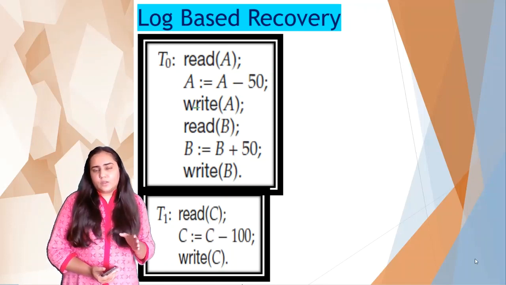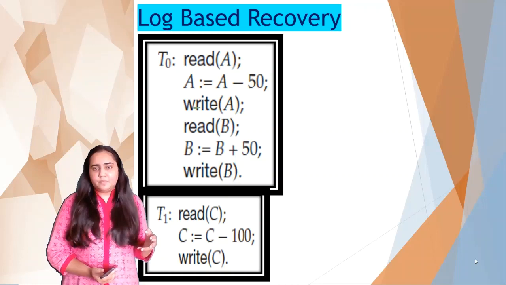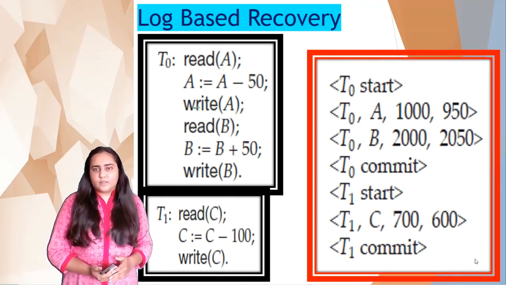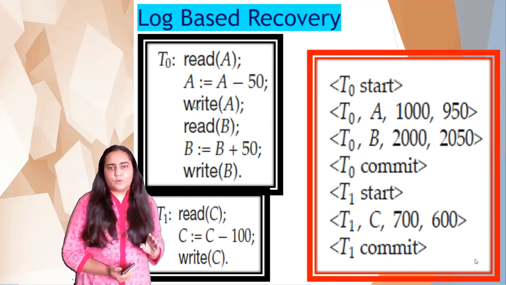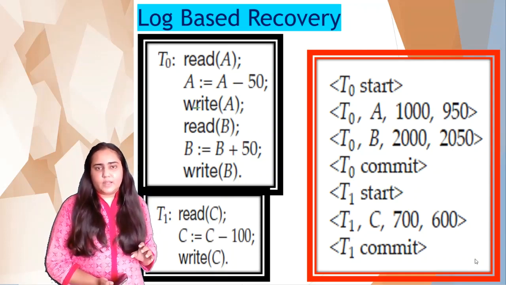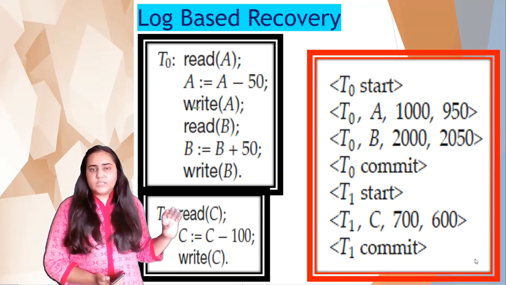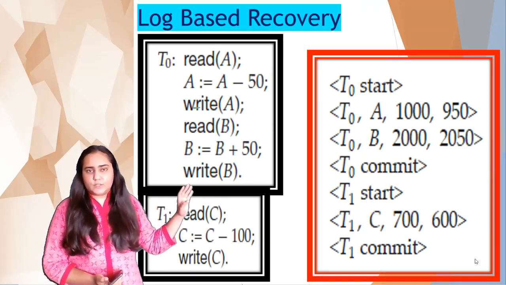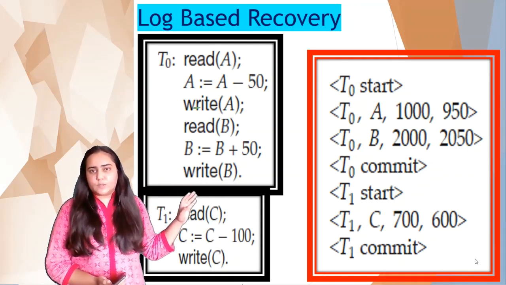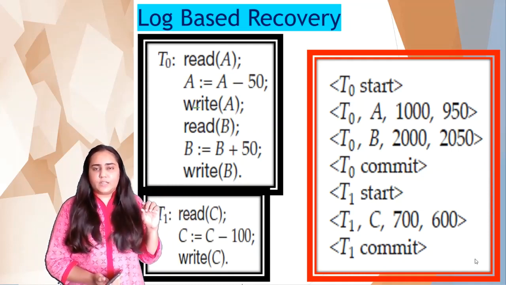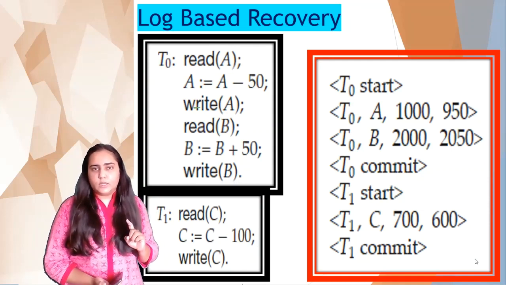Now for the log, first of all, assume that both transactions are happening serially, because it's just an example. So T0 is happening and then T1 is happening. So this is what your log looks like. This is a file that is stored by your system. Because T0 is the first transaction that is executing, first of all, it will make an entry in the file that T0 has started.